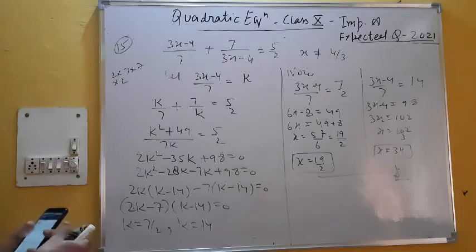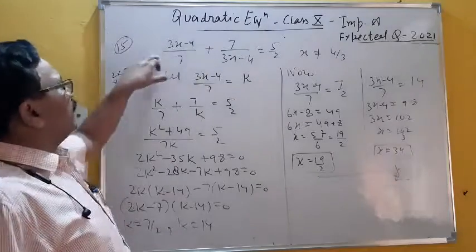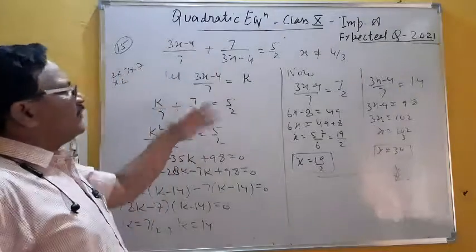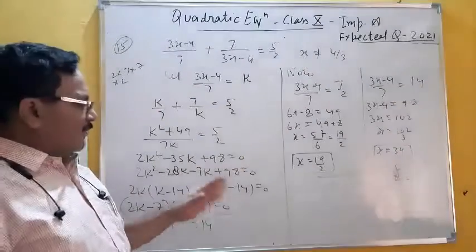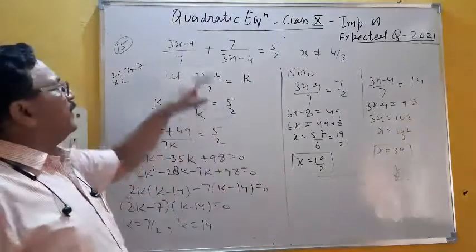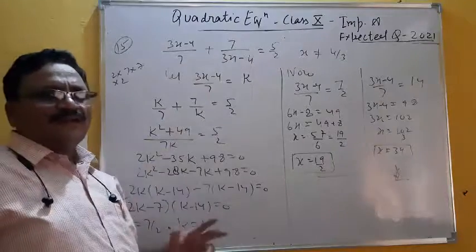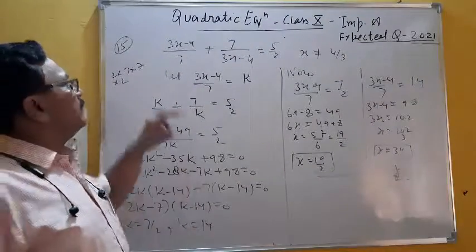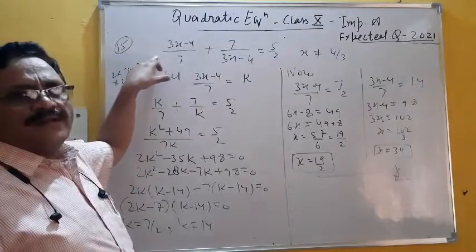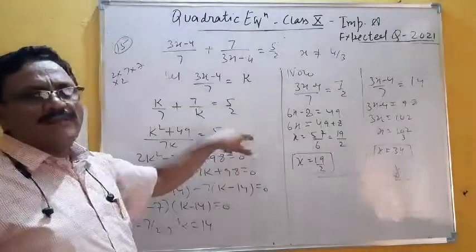This type of question, whenever you get, if you find this a form or a upon b form, better you suppose them and then solve. Once you try with this and again try by taking the direct LCM, then you will find the time difference. If you get less time by solving directly, apply that; if you get less time in this, apply this method.